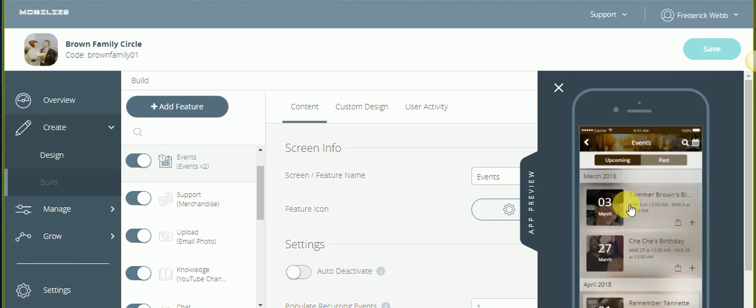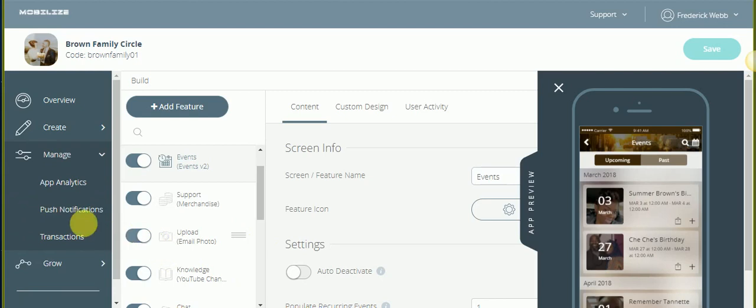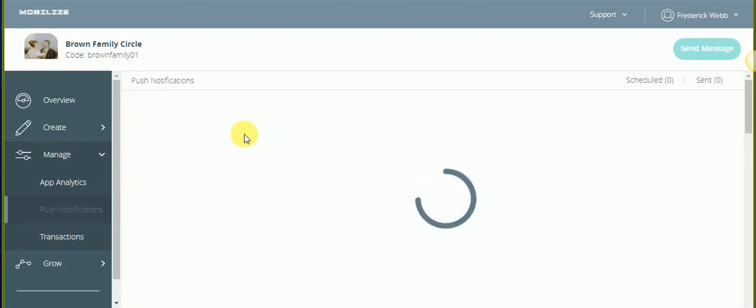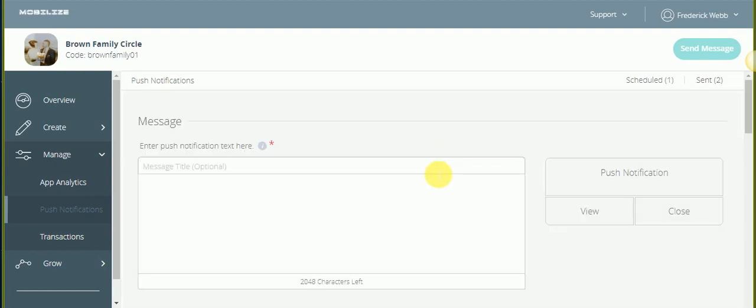And as you can see, Summer's birthday is coming up soon. One more thing I want to show you. Even though I put this in the events, I do intend to do a push notification like this. So even though it's in the events app, and it's 10:05, I'm getting these notices in the family app about what I just did with this video. So what I intend to do is say,